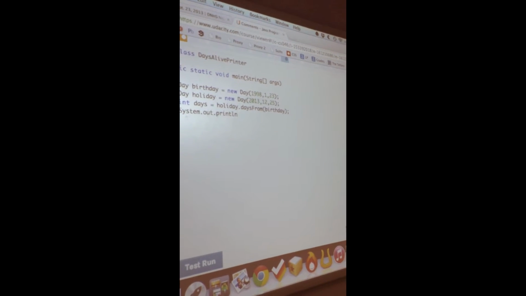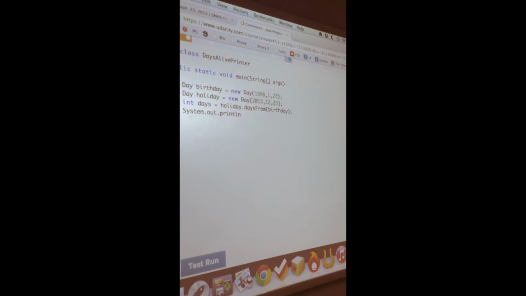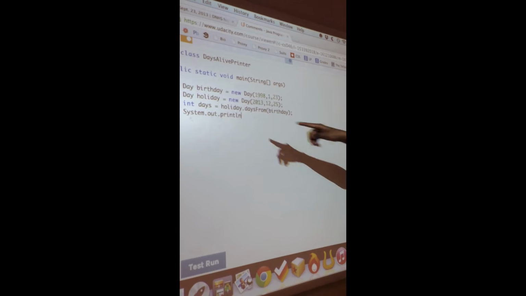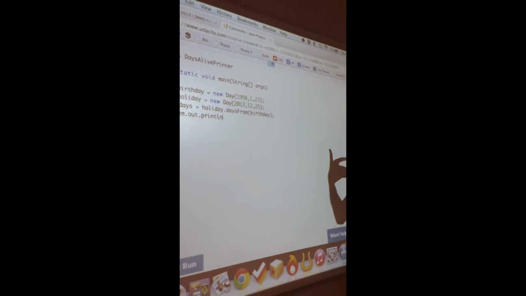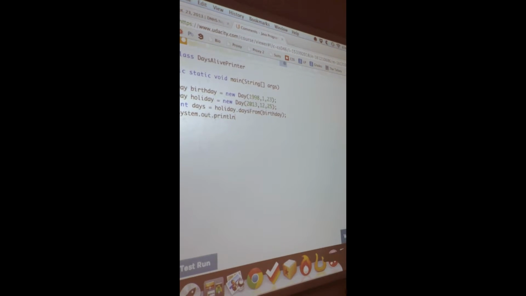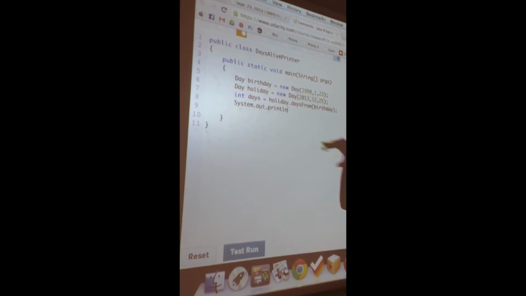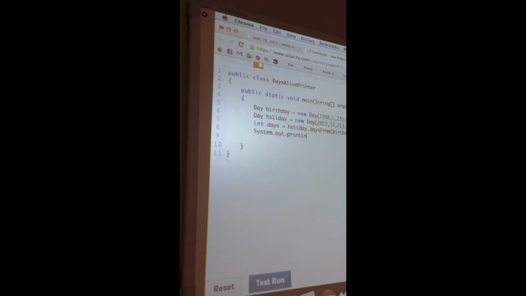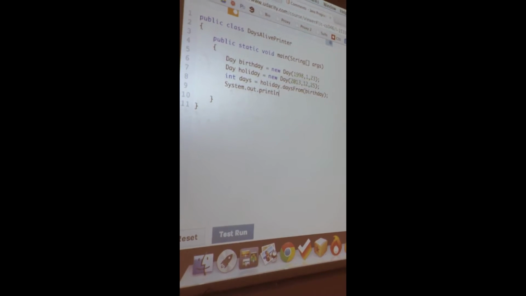So if you have two dot print statements right after each other, the results will be stuck right onto each other. However, if you have println, then it will actually add an enter at the end, so you'll have multiple lines. Generally, you want to use ln, because you don't want all of your answers to be smushed up in one line where you can't tell which one is which. So if we do System.out.println,